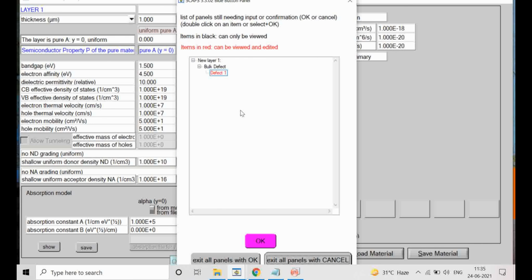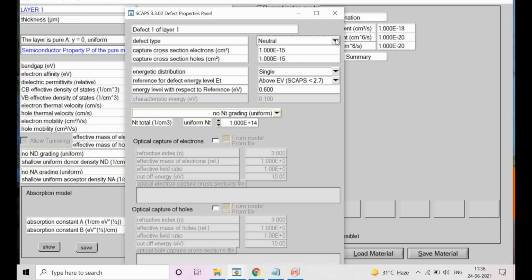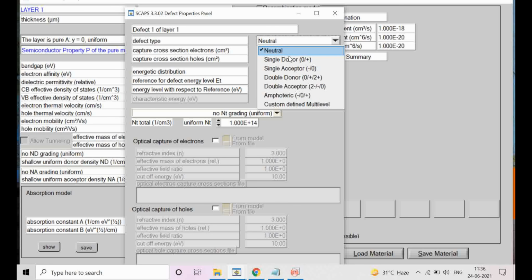So I will go to the defect value now. The defect panel is now open, and this may be a donor type defect. It might have a p-type, so it will have an acceptor type defect. I am taking a single acceptor, not a double acceptor. In the CdTe lattice there may be a cadmium vacancy, or cadmium at a tellurium site, or a tellurium vacancy. Those sorts of defects it can have, and what is their nature? You have to study those things.